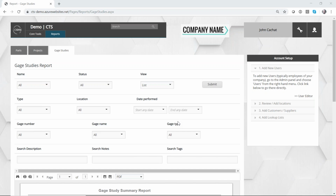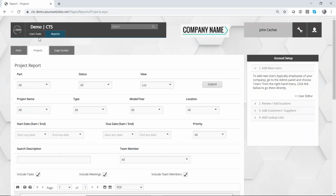Okay, another one. How do you configuration control the various forms over time, such as how do you show PFMEA Rev A versus Rev B? Good question. Right now, the way it's set up, and I'm going to go back into a project,